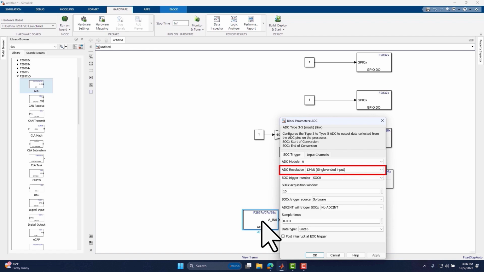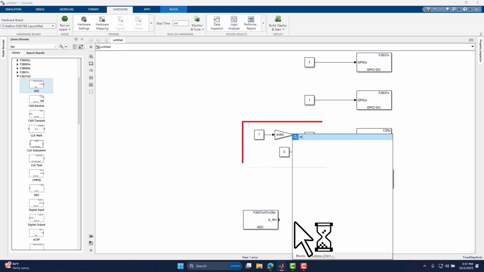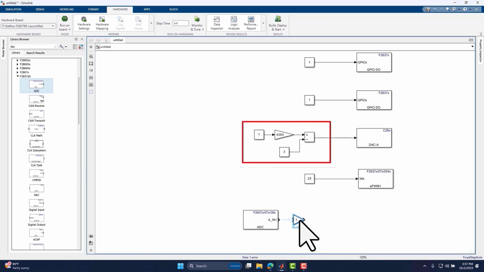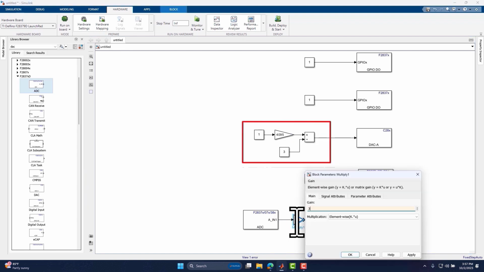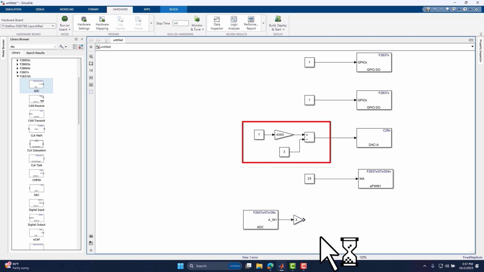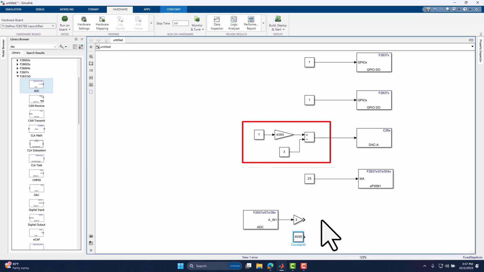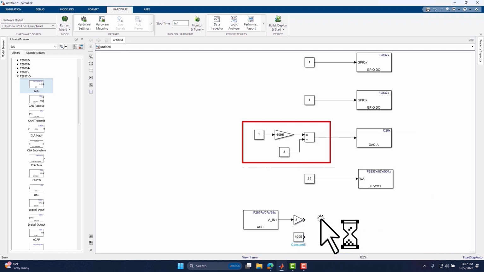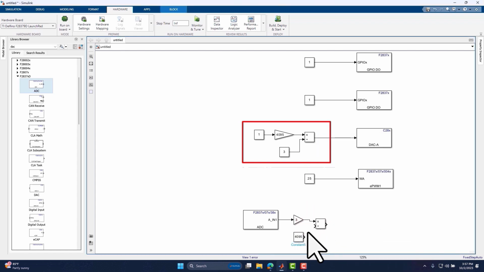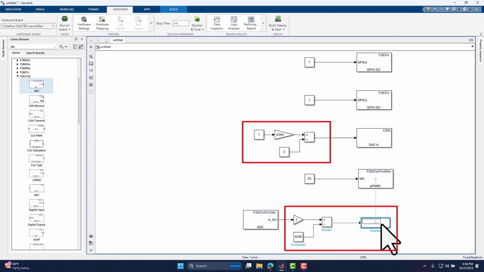Since both DAC and ADC have the same range and resolution, we can apply the inverse logic of what we applied for DAC to measure the input voltage on the ADC pin using the ADC counts, which is to multiply the ADC counts by 3 and divide it by 4095. I'll add a display block to display the resulting value. It should be the same as the analog voltage generated by the DAC pin that we see on the multimeter.